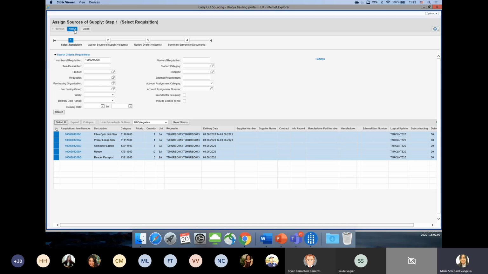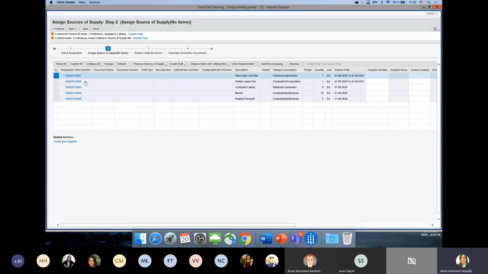So we are going to include the 5 line items that we have created in our unfunded shopping cart. Let's click on next. Once again, we have to assign the source of supply. We are going to again select all the lines. And here, this step is difficult to remember, but here you have some buttons. You have to go to the create draft 1, and